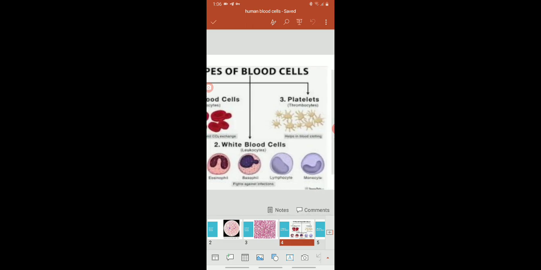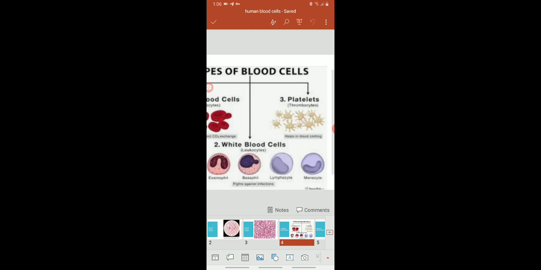Second type, that is agranulocyte cells. These consist of the first type, lymphocytes. Actually these are the smallest cells but have a large and spherical nucleus. These lymphocytes are of two types, B lymphocytes and T lymphocytes. The B lymphocytes always mature in the bone marrow, and they are related with antibody production, that is, humoral immunity is maintained.